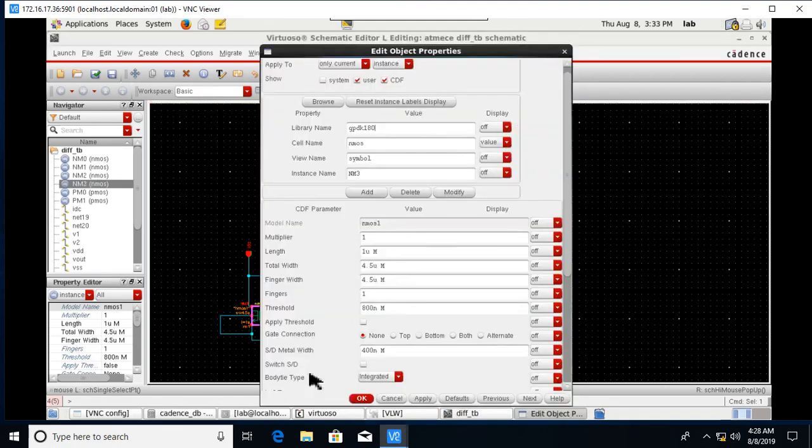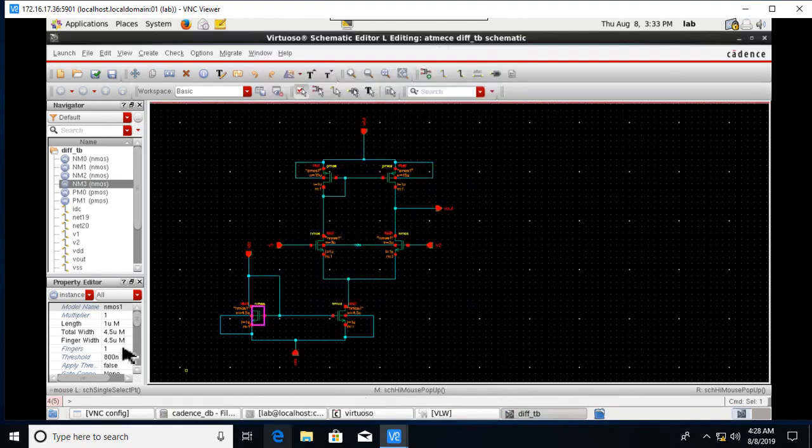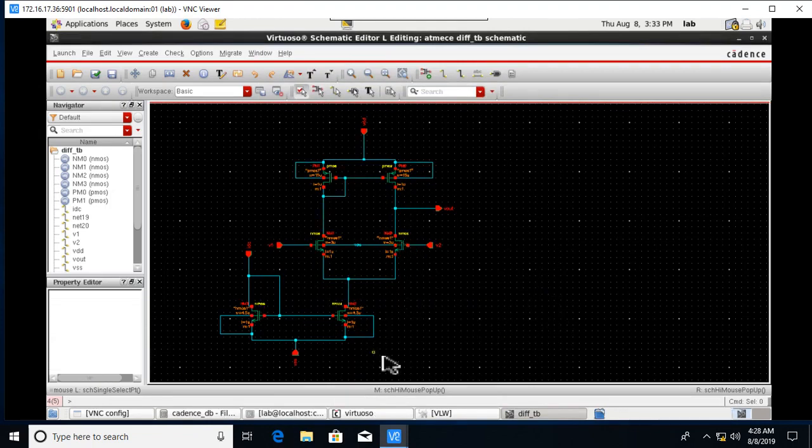So this is integrated. Okay, all my transistor properties have been changed now according to their properties. So after that, go to launch,